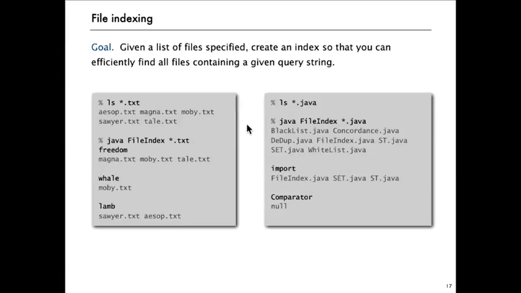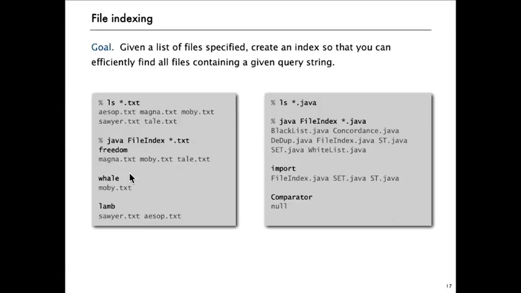In this small example, our client is going to be called file index, and say we're going to have 5 text files, and these are just pieces of literature. And so what we want to do is build an index from that set of text files. And then given a string key, we want it to print out the files that might contain that key. So for example, the word freedom appears in the Magna Carta and in Moby Dick and in Tale of Two Cities,